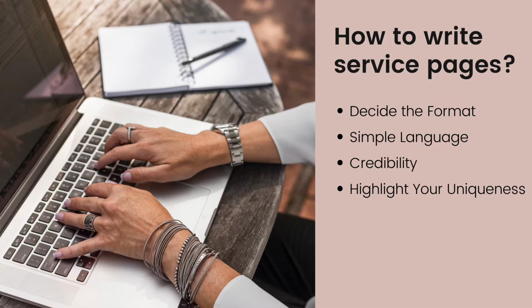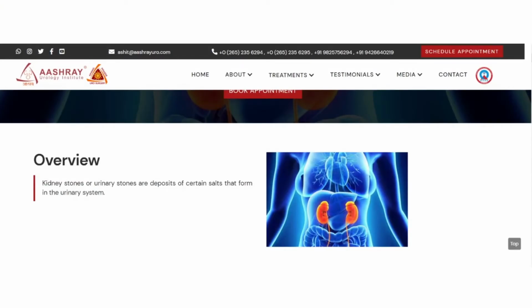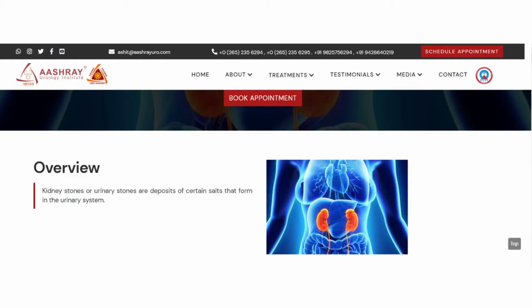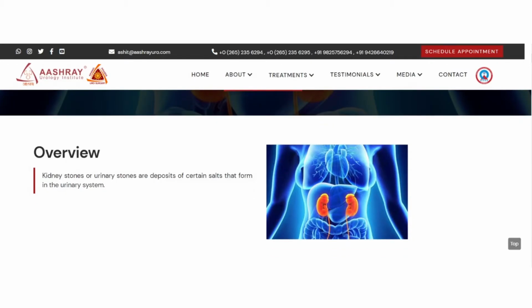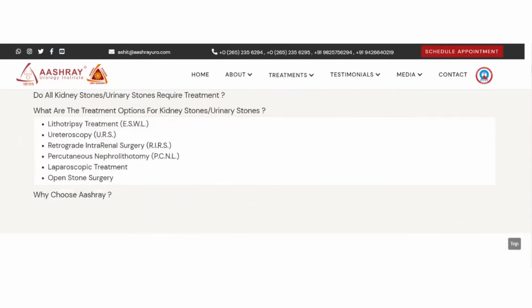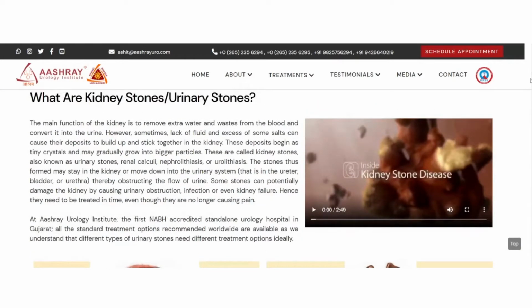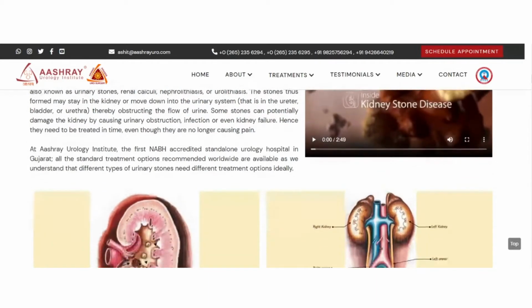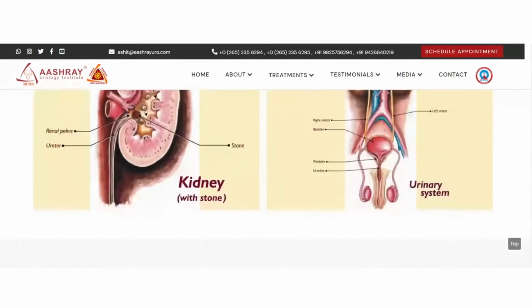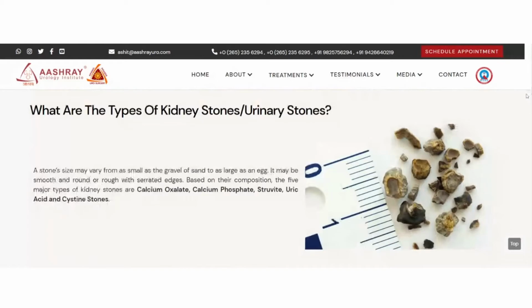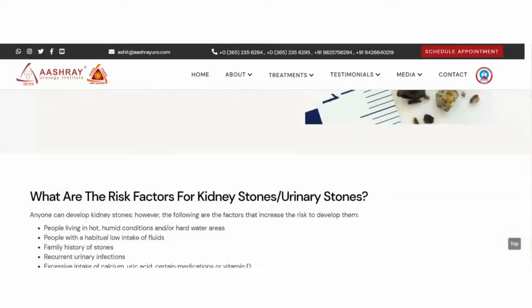Now coming to an actual service page, it is always recommended to start your service page with an overview. So when you are creating your service page, give a top level overview to introduce the topic to your readers and to let them decide whether this is the information that they are looking for. The opening is an important part to hook your readers. So provide basic information at the beginning that will be easy to understand for them, make them comfortable, and will push them to read more.